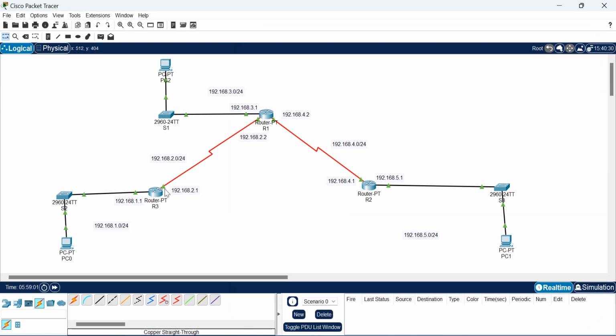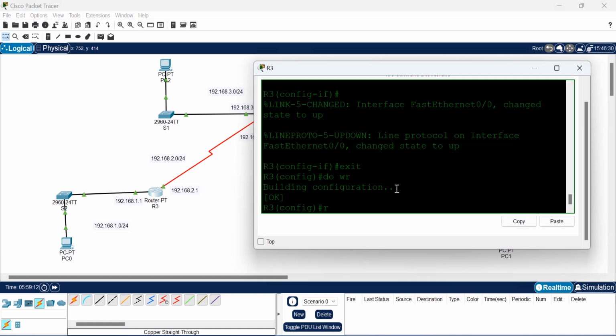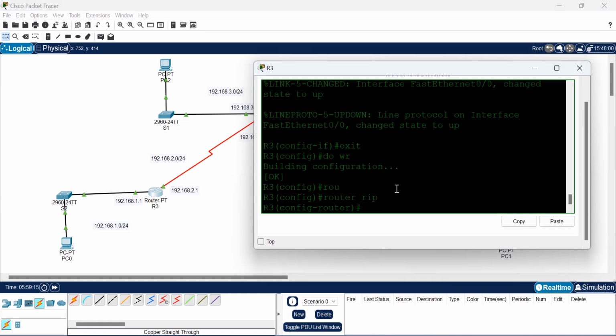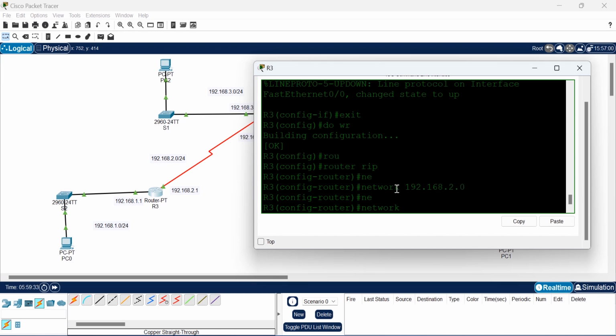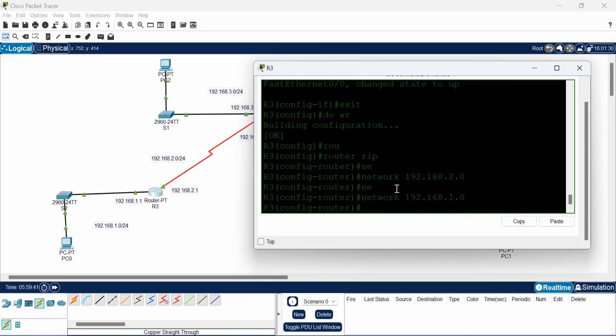We advertise the 2 directly connected networks, 2.0 and then 192.168.1.0. So we shall say router RIP. That's all you need. And then network, which network is directly connected. You advertise the networks. It advertises the networks it knows about. So directly connected networks: 192.168.2.0 and 192.168.1.0. Okay, and we can